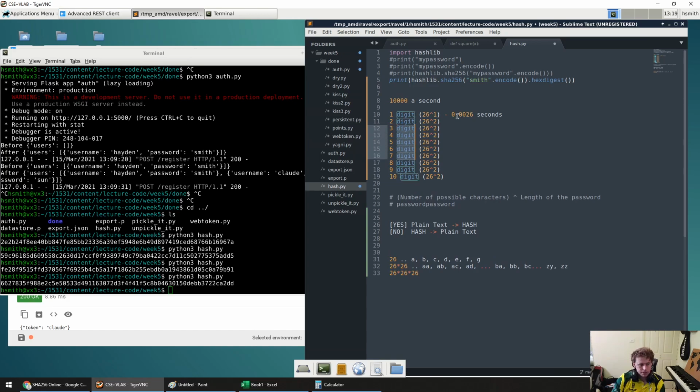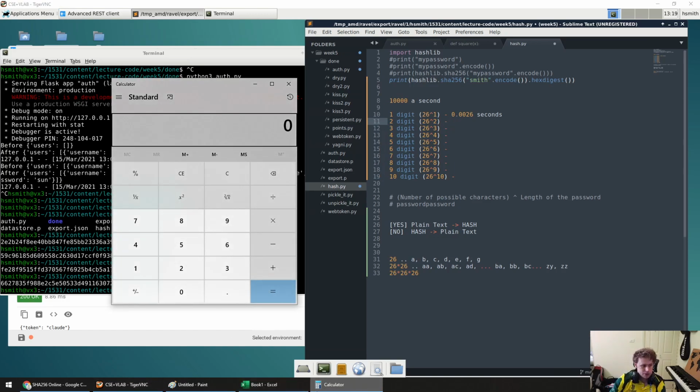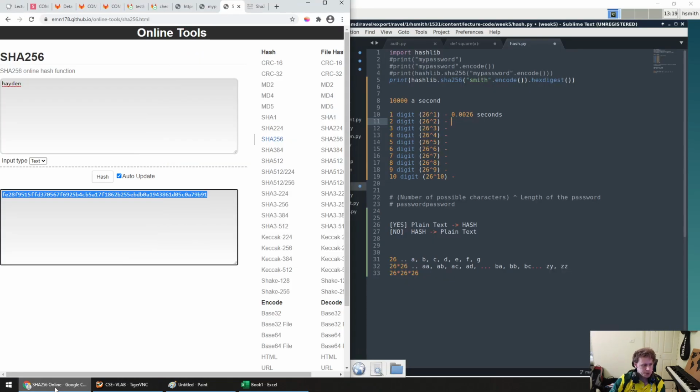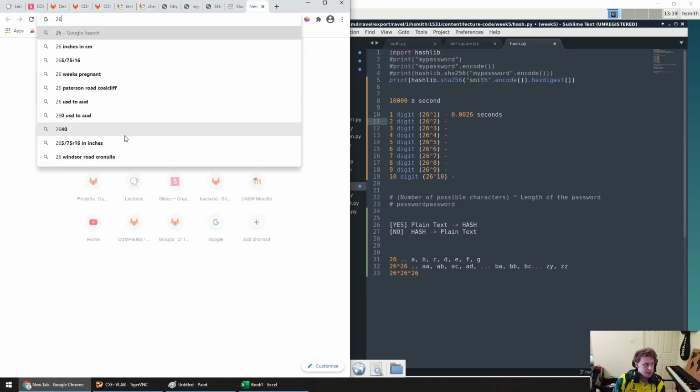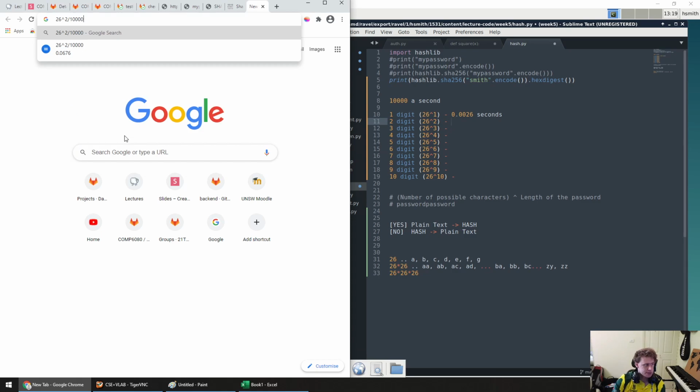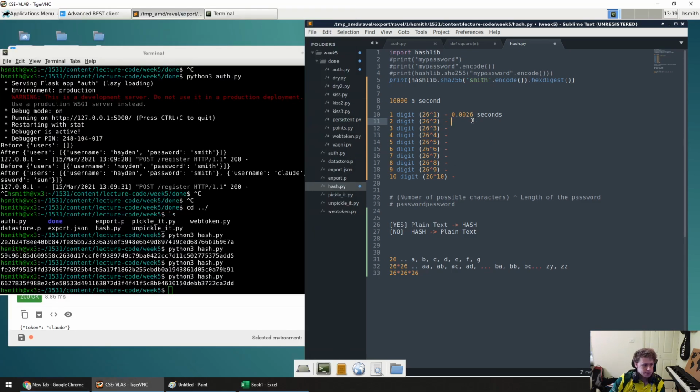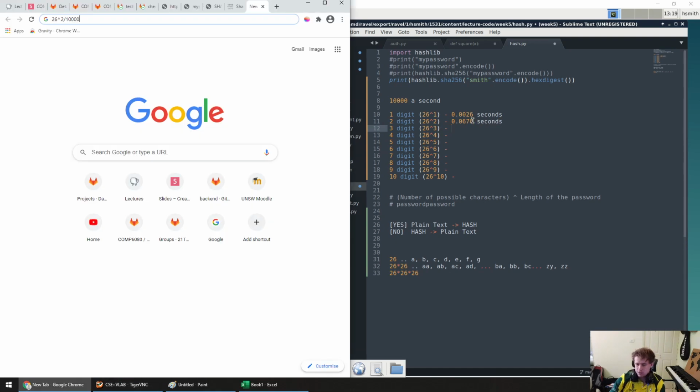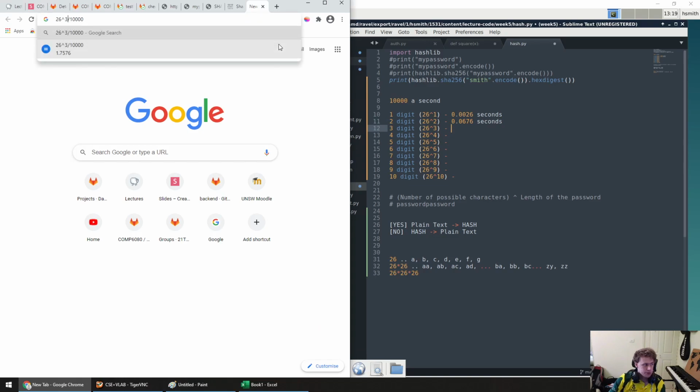So if I just very quickly demonstrate this, what's 26 times 26? I should probably just put this into Google, actually. That's probably going to be easier for me. So 26 to the power 2 divided by 10,000 gives me 0.0676 seconds. And we can carry this on pretty quick, where we say, for a 3-digit password,